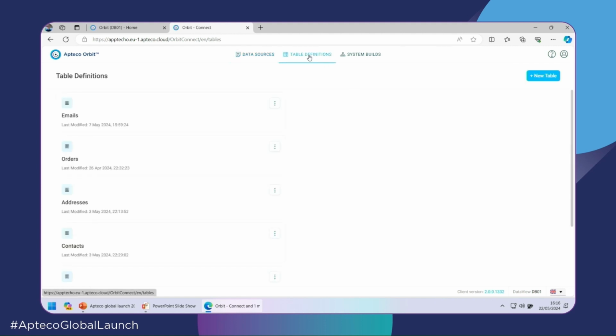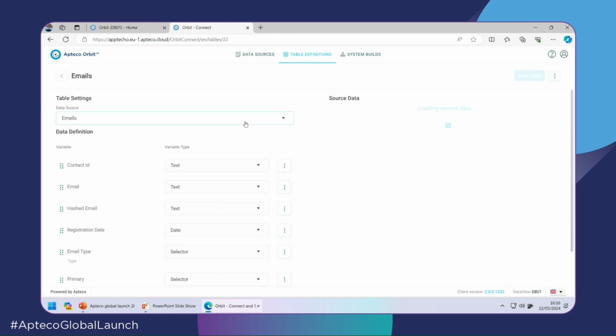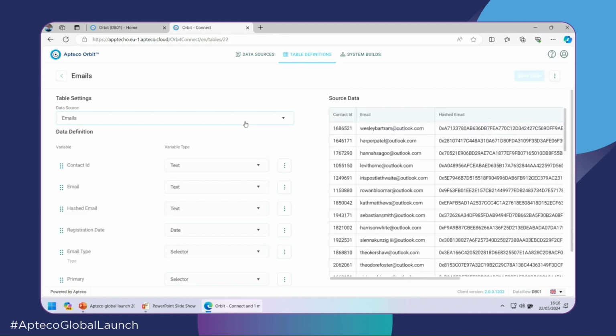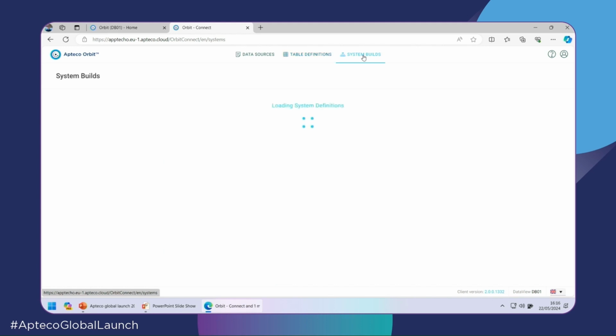Having defined the data sources, we can define the tables from those data sources, and that will include the variables down the left-hand side. We can see that same data, but now how we're going to declare it to the Apteco marketing platform. And then having defined the tables, and I apologize that I'm going to have to rattle along,